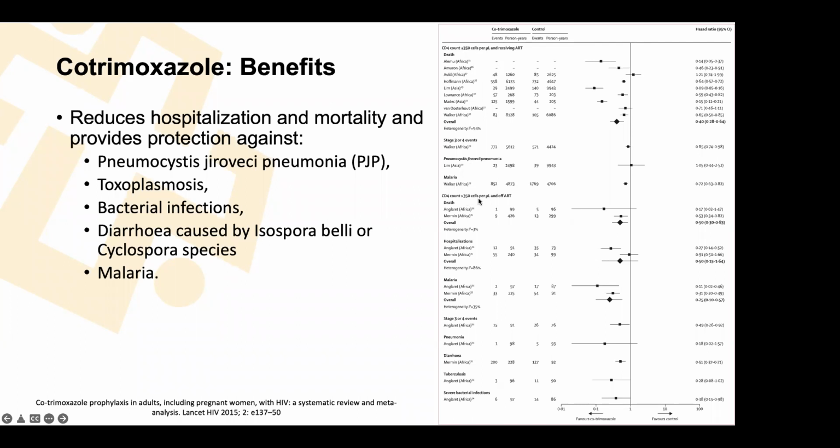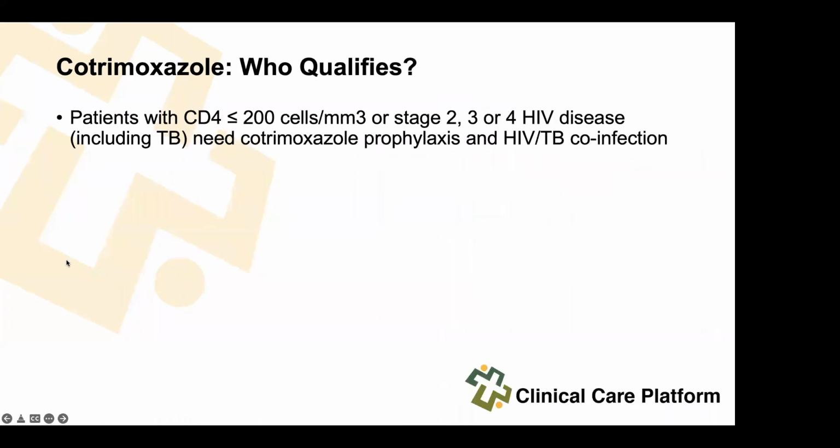For those with higher CD4 counts but not on ART, you can see it is still beneficial, with reduced mortality, reduced hospitalization, and reductions in malaria, certain pneumonia, certain diarrheas, even some benefits in terms of TB. However, there is no study to confirm that if you give patients cotrimoxazole, you will reduce the incidence of TB. So overall, cotrimoxazole is quite crucial in preventing opportunistic infections, and we need to make sure that all patients who are eligible for this particular drug are initiated on it.